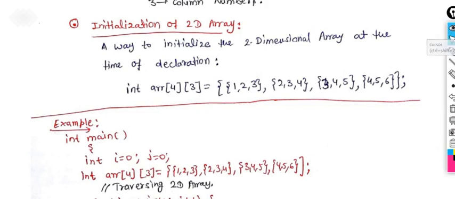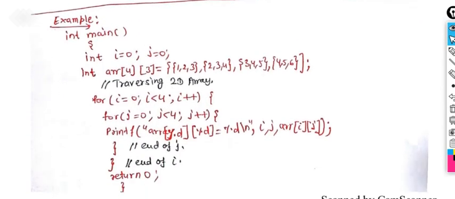So let's take an example to get better clarity on how to declare and initialize a two-dimensional array. Here is the two-dimensional array declaration, and this is the initialization part with the help of a for loop. We can also access the array this way. We are taking two for loops, a nested for loop, which is a loop inside a loop. Here we are taking the two variables i and j. You can declare them here also, but then a multiple declaration error will occur. No need to declare them here because we are declaring them over here, right?